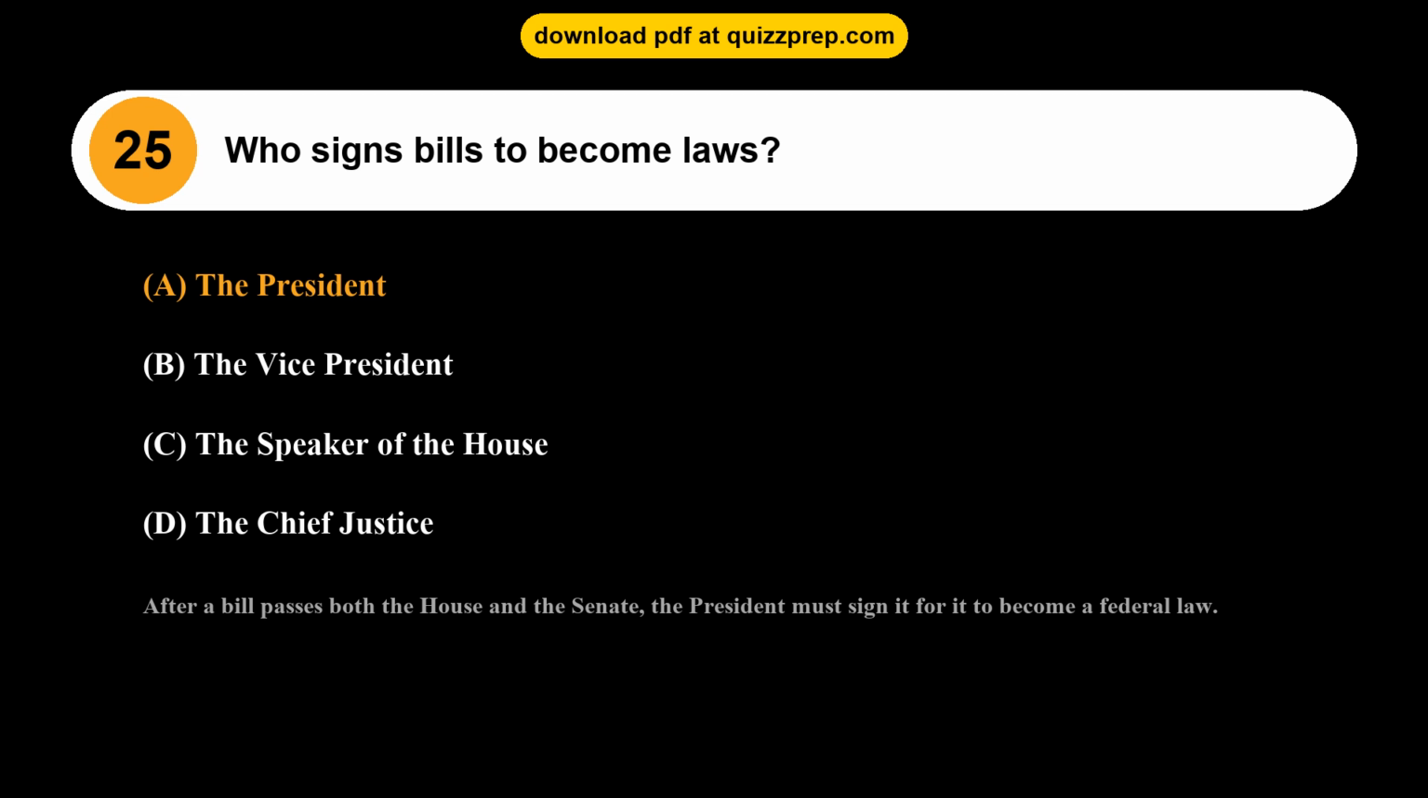After a bill passes both the House and the Senate, the President must sign it for it to become a